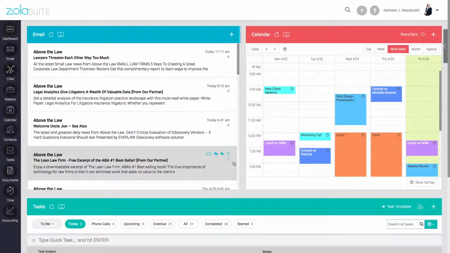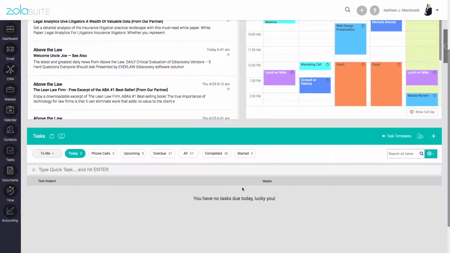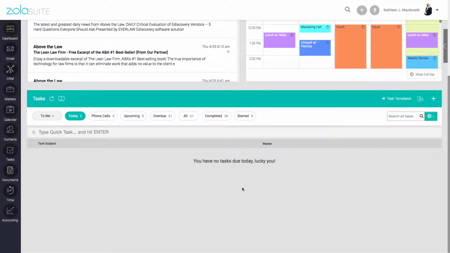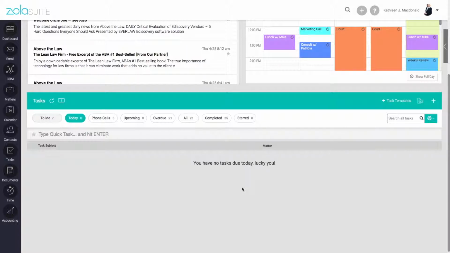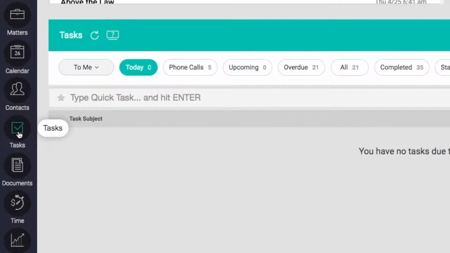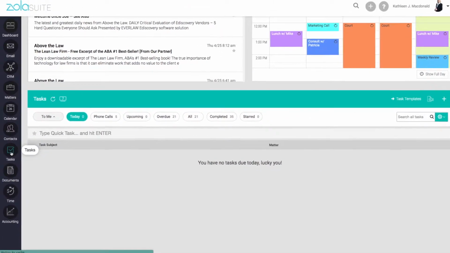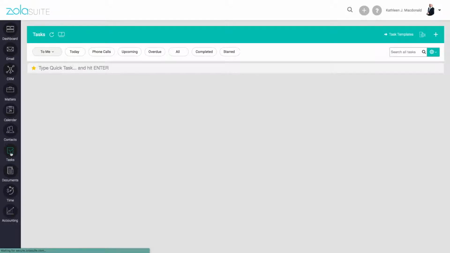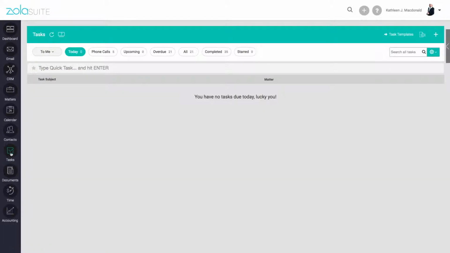Today I'm going to take you through our task feature and how it can keep you organized. Tasks are available directly on your dashboard, so you can start entering them right when you come in the morning, or you can go over to our dedicated tasks section on the left-hand toolbar. The task section will be identical to the toolbar you have on your dashboard, so you can work from either place. Each Matter Details page also has its own section for tasks that will show you tasks directly related to